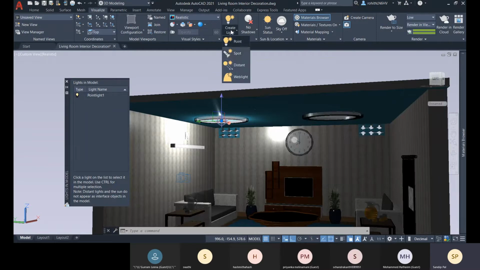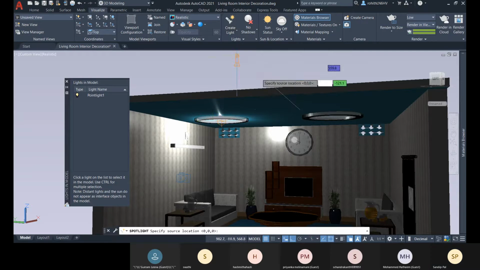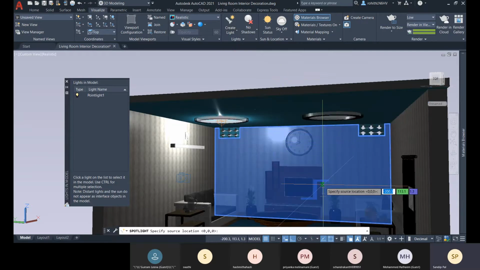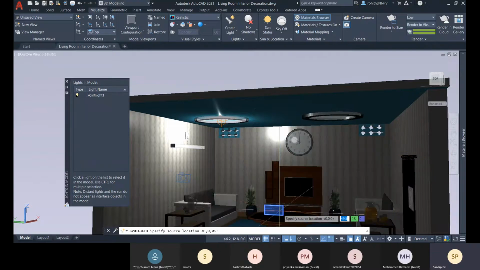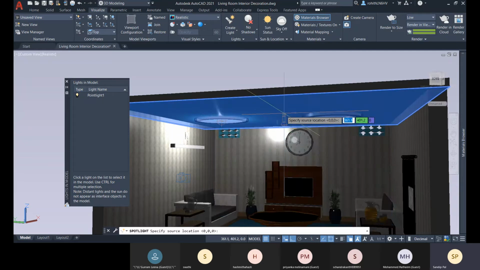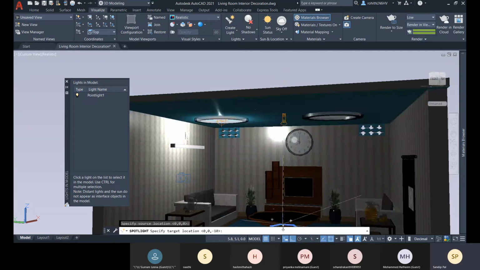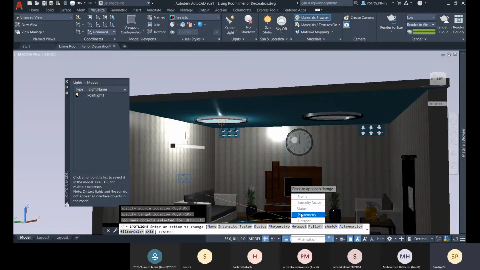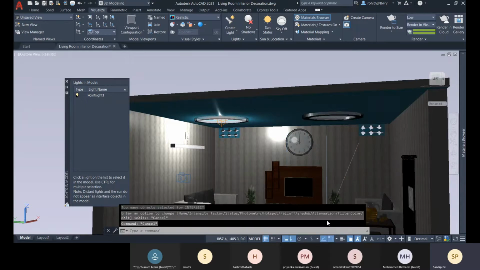All right, we have another option called spotlight. It is to create a stage kind of effect, where you want to focus on a particular model or character. Let me place it here.